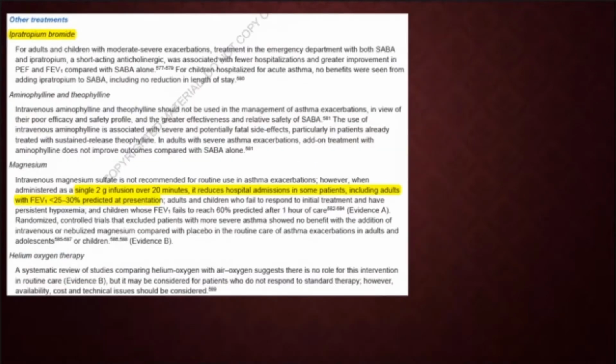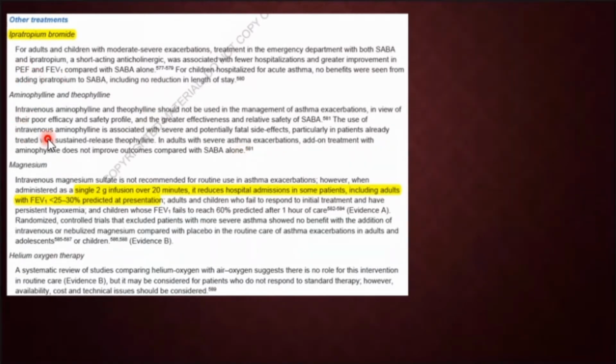Okay. In addition to that, we also have other drugs such as ipratropium bromide. Ipratropium bromide, like I said, is a short-acting muscarinic antagonist, or SAMA, usually combined with your salbutamol for a SABA-SAMA combination. Aminophylline and theophylline have a very narrow therapeutic window, and they're usually given IV, and hence the problem with them is that they have a very high potential to cause acute adverse events such as arrhythmias and all that. So they are not very effective bronchodilators in the acute setting, and they are no longer recommended for use. But they can be used if it's really bad, but they are not the first line drugs to be used in the emergency.